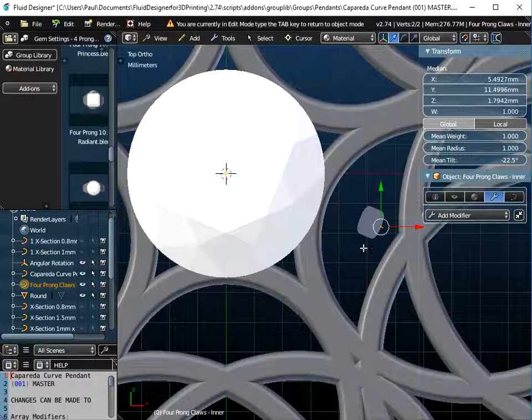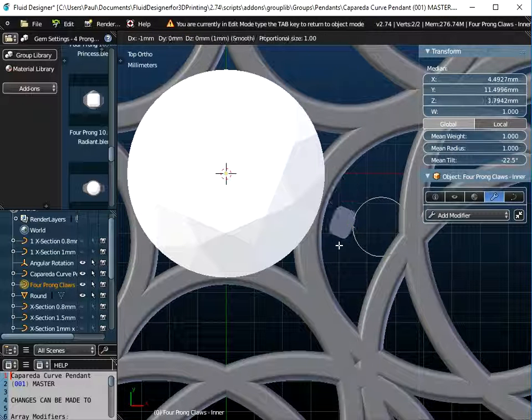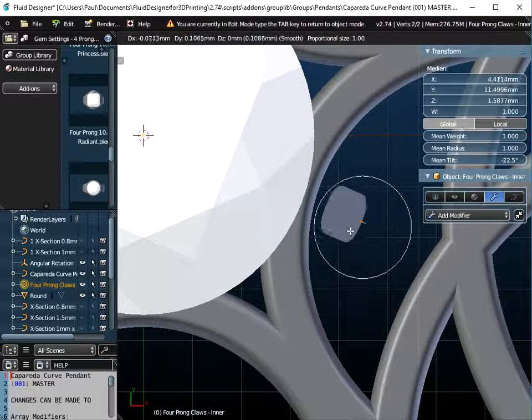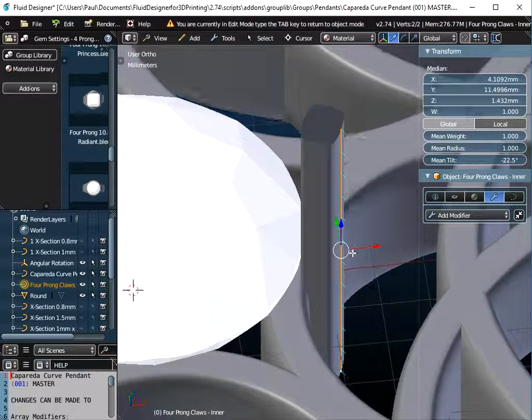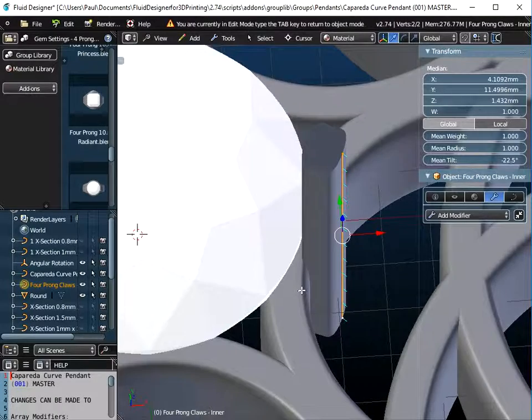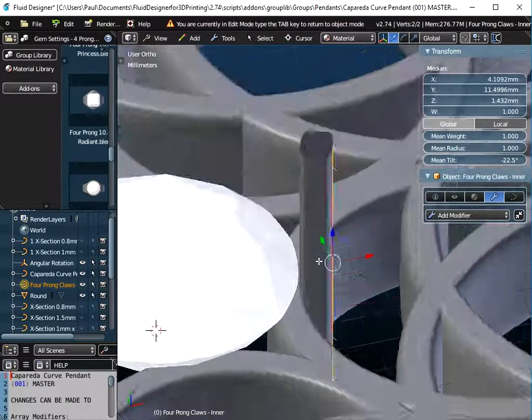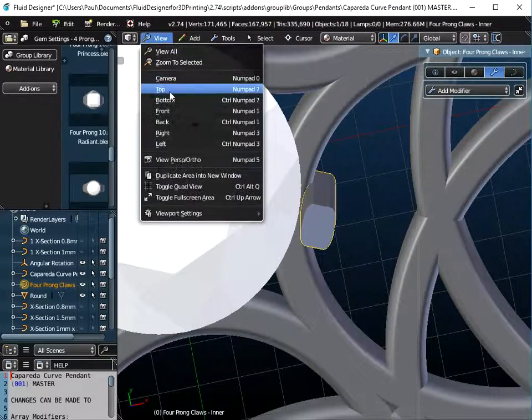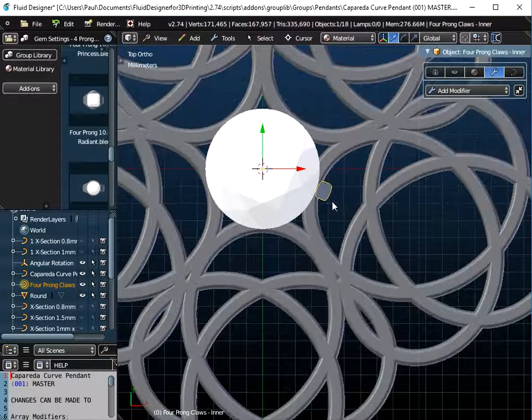I've just pressed the G key on the keyboard to grab, and I've got the snap on at the moment. So if I just switch snap off again and zoom in, and grab it, I'm going to put my prong there. So it's going to be attached to this part of the pendant when it's 3D printed. So I can come out of edit mode now, and if I just go to View and Top View,